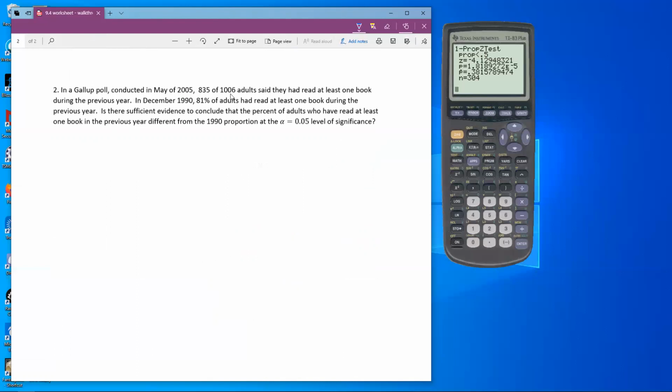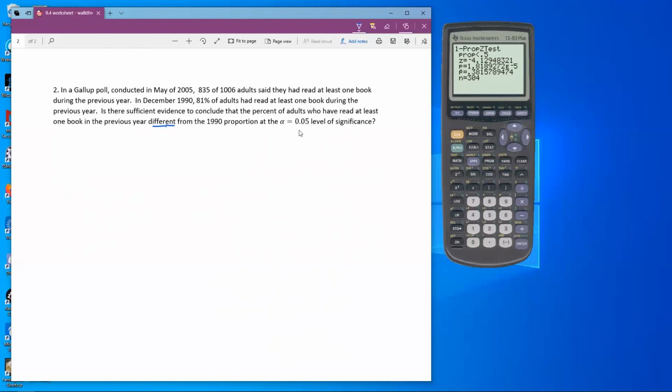835 out of 1,006 adults said that they had read at least one book during the previous year. I'll bet the percentage goes up for this year. In December of 1990, 81% of the students said that they had read one book during the previous year. Is there sufficient evidence to conclude that the proportion of adults who have read at least one book in the previous year is different than, okay, that's an important word, is different than the 1990 proportion at the alpha equals